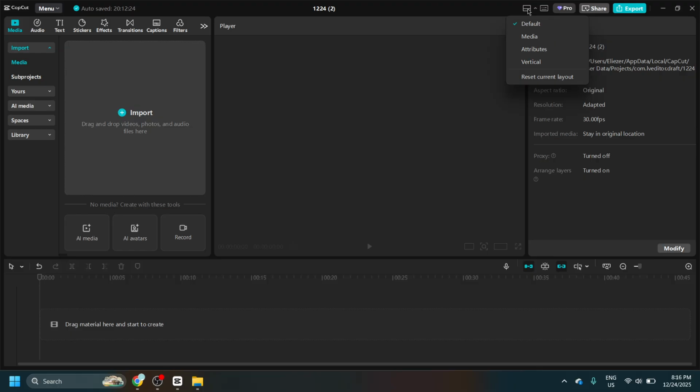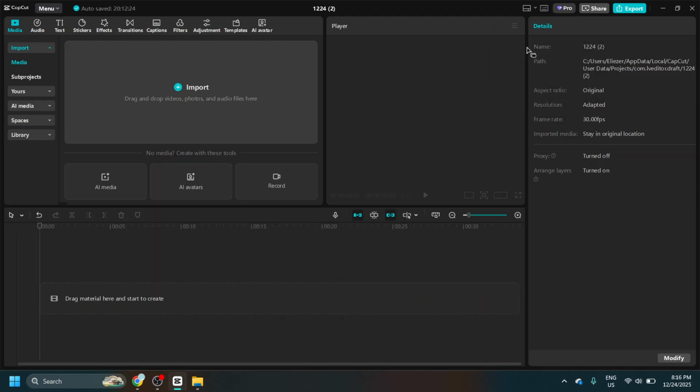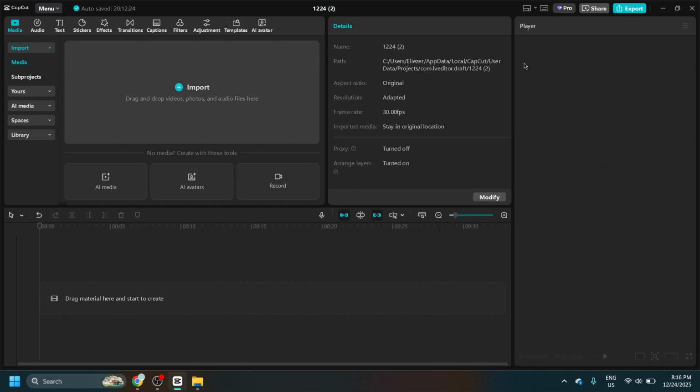Now, choose a design. You'll see several presets that rearrange key panels. Some give you a larger preview window, which is great if you're evaluating visual details, color, and motion. Others emphasize the timeline, giving you more vertical room for multiple tracks and precise cuts. There may also be streamlined options that reduce visual clutter, helpful if you're working on a smaller laptop screen or